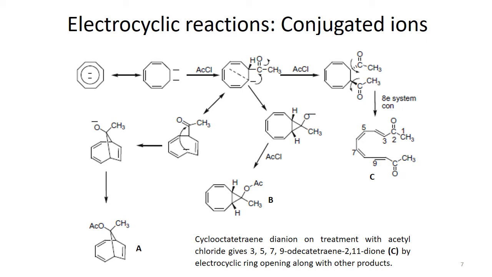In the other case, till here we haven't talked about the electrocyclic reaction. Anyway, from the first intermediate, from which we talked about the cyclopropyl type moiety, if the dianion is treated with acyl chloride again, it is converted to a diacyl type intermediate. So in this case, we have this octatriene type of compound, and then it has 2 acyl substituents. Here ring opening can happen because there is a 6 electronic system, 8 electronic system. How is it an 8 electronic system? Because we are talking about the ring opening reaction here.